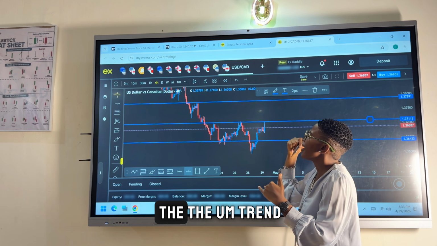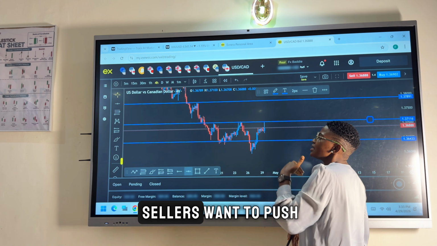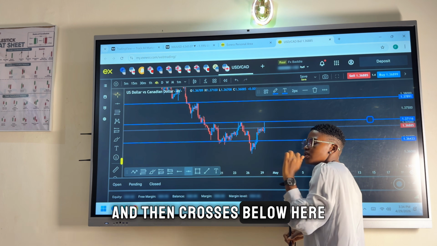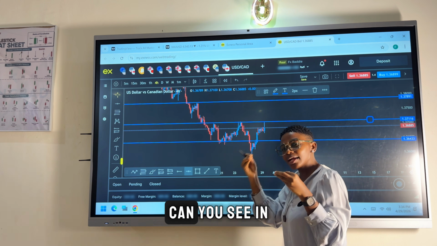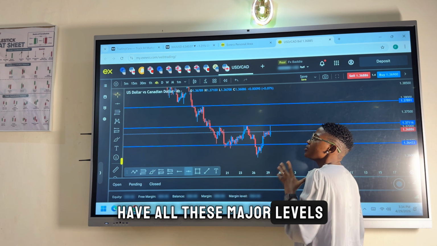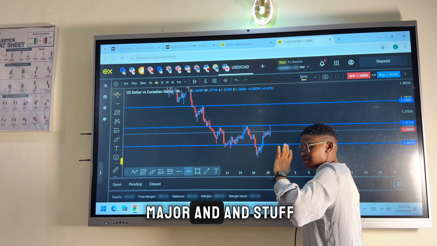So I will follow the trend and buy up. I will know that sellers want to push it down when it breaks support and then closes below here. Simple. Understanding candlestick. In as much as we have all these major levels, major resistance, major support and stuff like that,